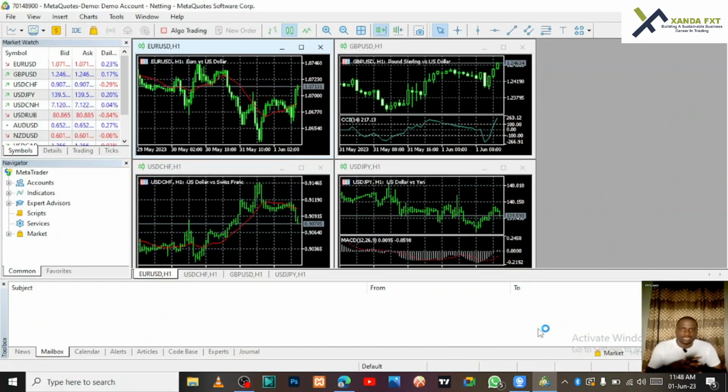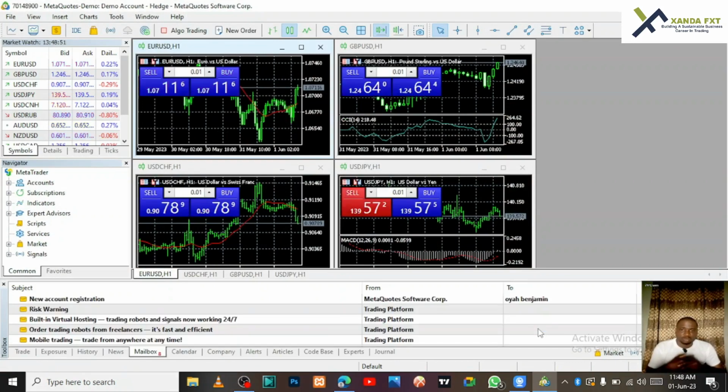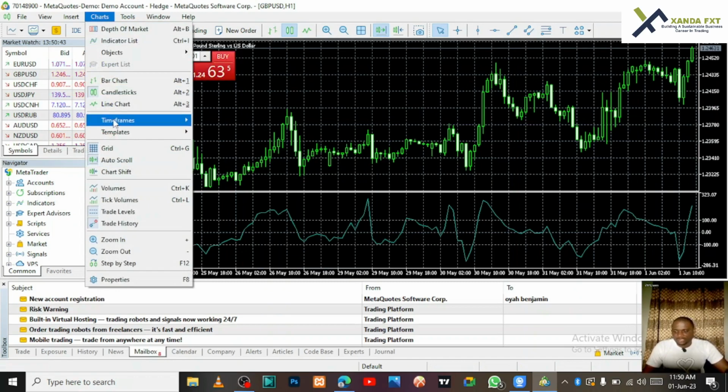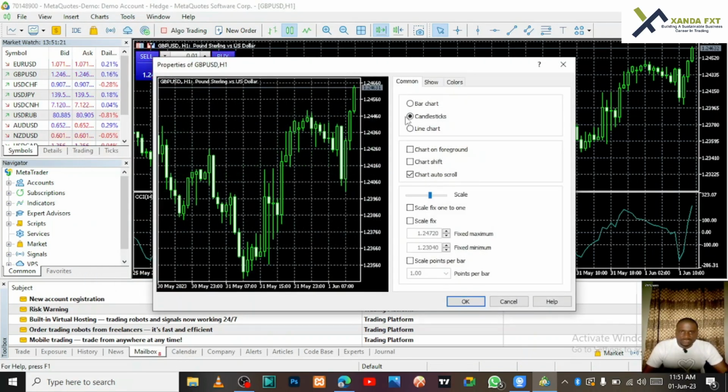As we go through the interface, you can see it has opened up. This is the chart and this is how it looks. If you look at it like this, it's not that pleasing to the eyes, it's not that colorful. This is where you play around to change it to your taste, to what you want and how you want it. In order to customize this chart interface, you go to Charts, then under Chart, go to Properties. In this place is where you have all you need to customize how your chart interface looks.